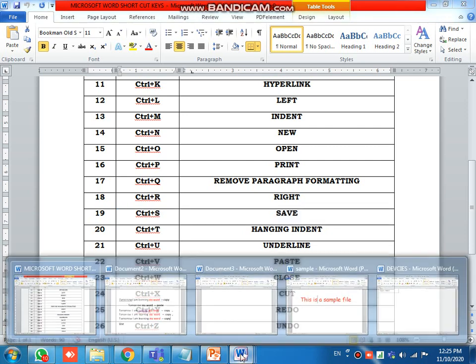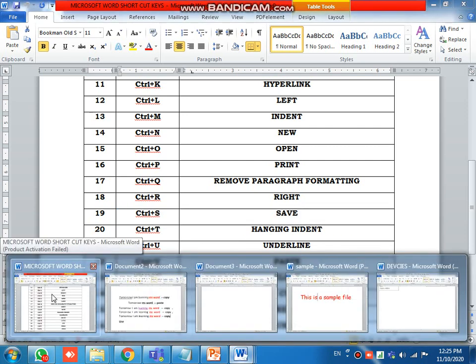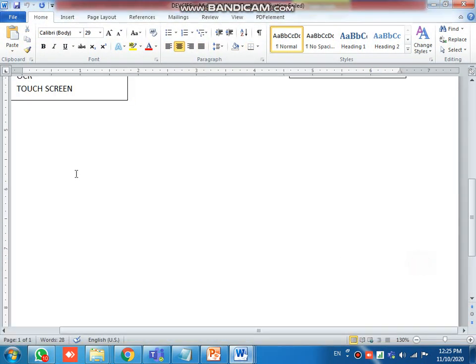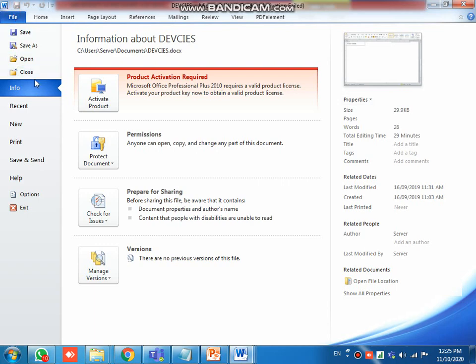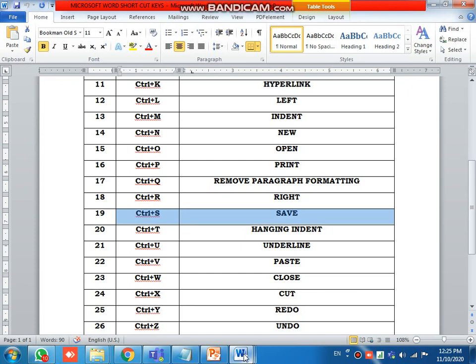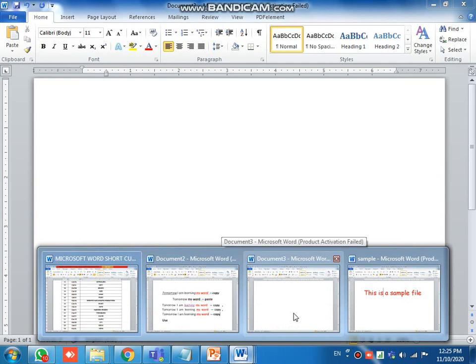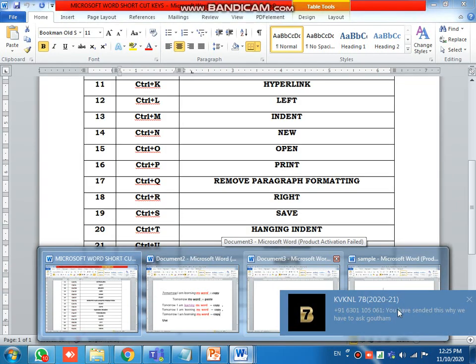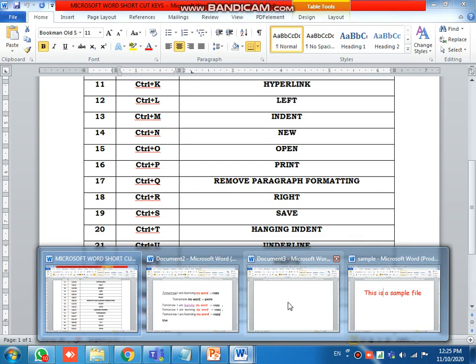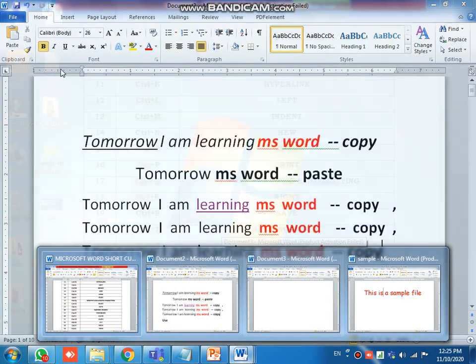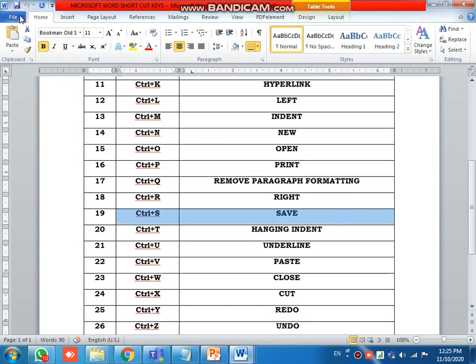Close. Suppose you see here 5 documents are open: 1, 2, 3, 4, 5. You want to close this file, so File, Close. Now if you observe, 4 are left. There is a lot of difference, and in interviews many competitive exams ask what is the difference between close and exit. Close will close the particular document file only, and exit means it will exit the total MS Word application